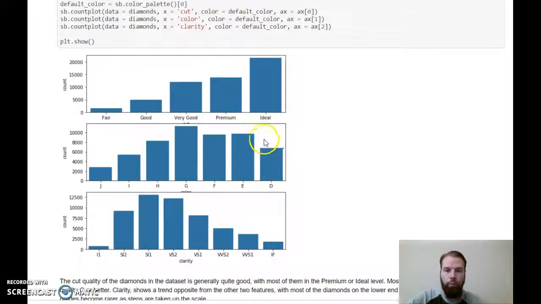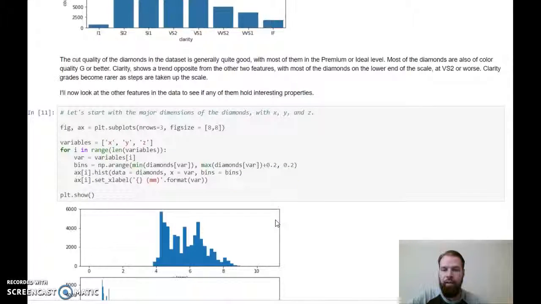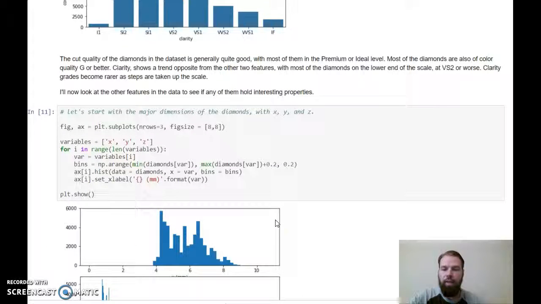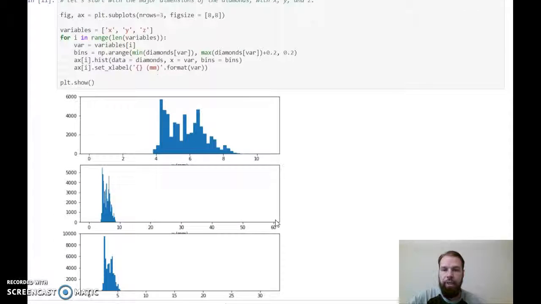This one's got a little bit more of a normal distribution. And this one is a little bit more skewed to the left. Those things might be useful in the main visualization that you'll do. And really what you're going to want to accomplish with this project is figure out the